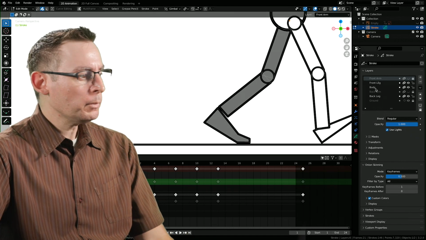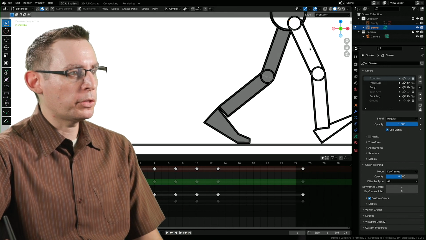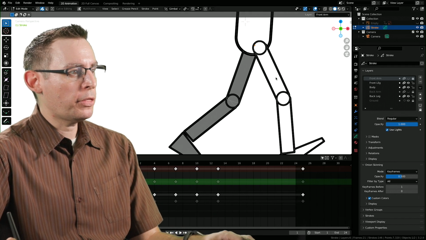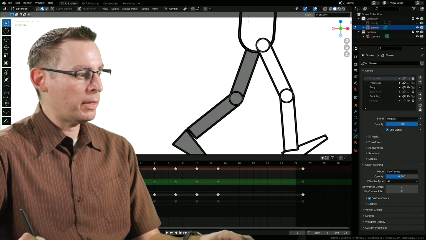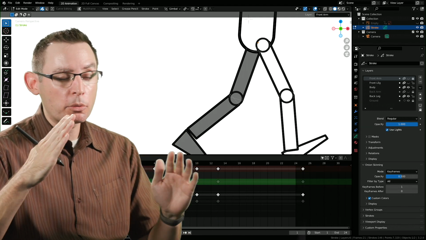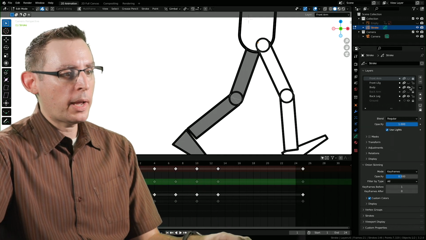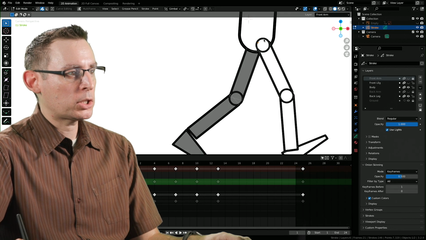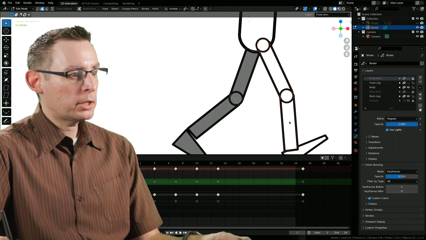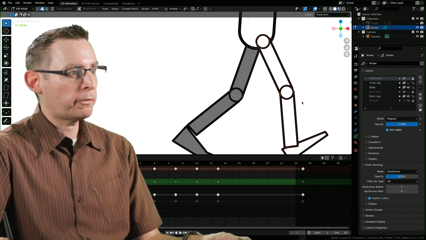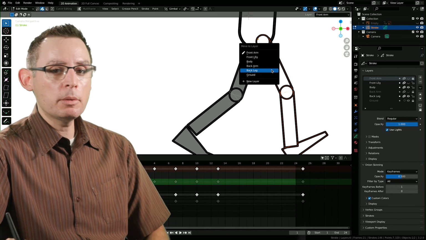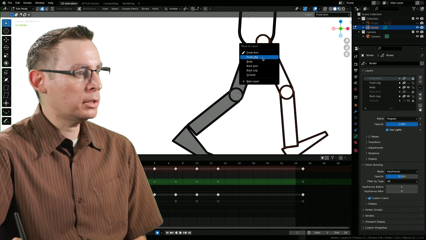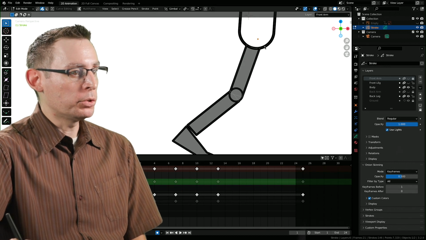Okay. So here I'm going to start with the front leg. And one of the things I'm going to do, just to make it a little bit easier, is turn the visibility of the front leg off. That way the keyframes aren't confusing me with what I'm seeing. So all of my animation information for my entire character is on the body layer. Let's grab all the strokes that represent the front leg. And if you remember, the M key is the keyboard shortcut to move. And we're going to move these to front leg. Now it goes away, which is good.